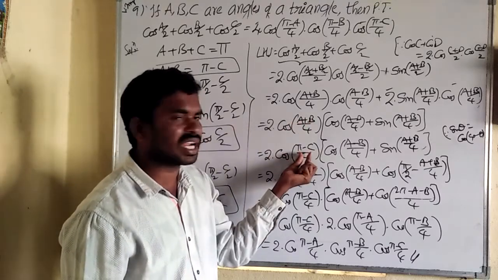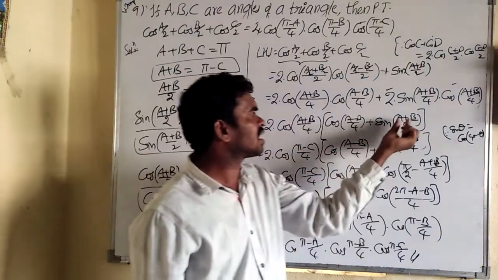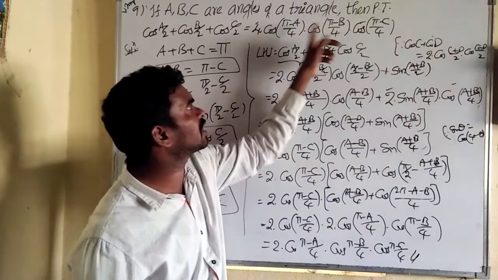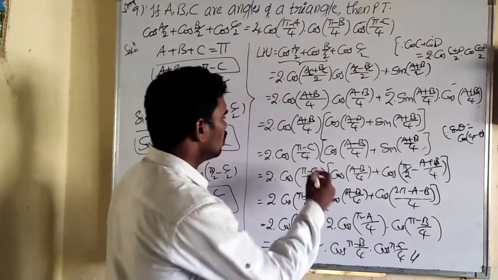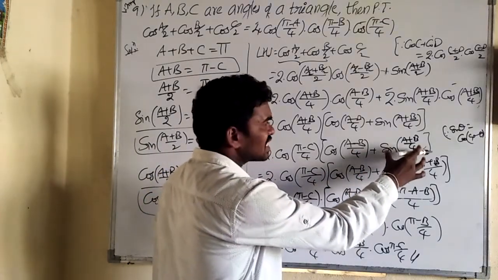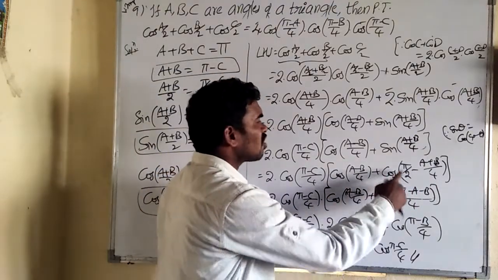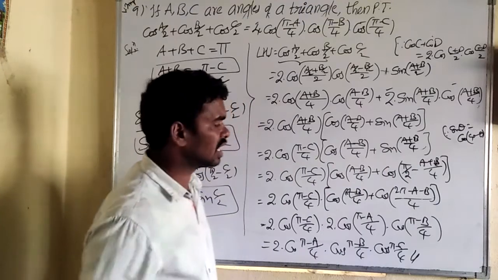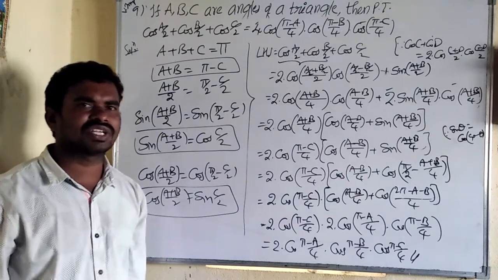So here a plus b we can write as pi minus c. One term is got. Luckily, just leave it. Here I did not change it because we should get it in terms of pi minus a and pi minus b, and the remaining terms should be in terms of a and b. That's why it is kept as it is in terms of a and b. So now this is as it is. Here this is also as it is. Plus means plus. Here sin is there. This sin I expressed in terms of cos of 90 minus theta, because only when it is cos c plus cos d formation can we get 2 cos cos. That's why sine can be converted into cos. And finally, you got the RHS, hence proved. Okay. Now, let us see the next 10th problem.